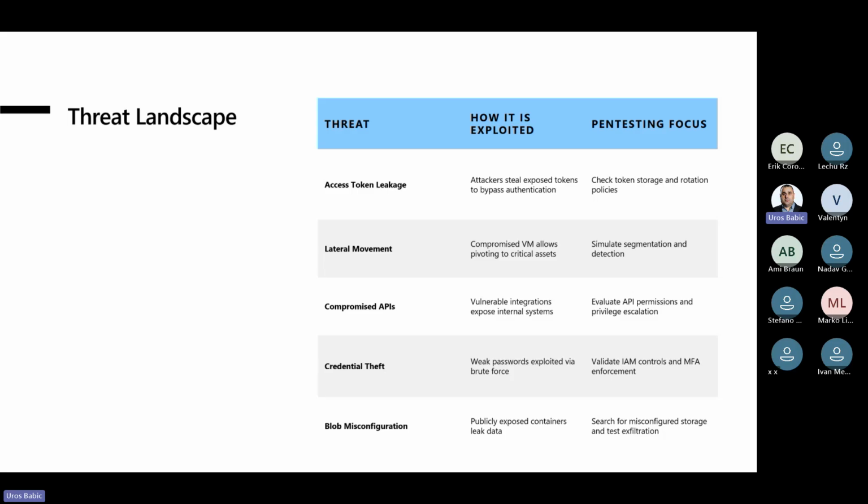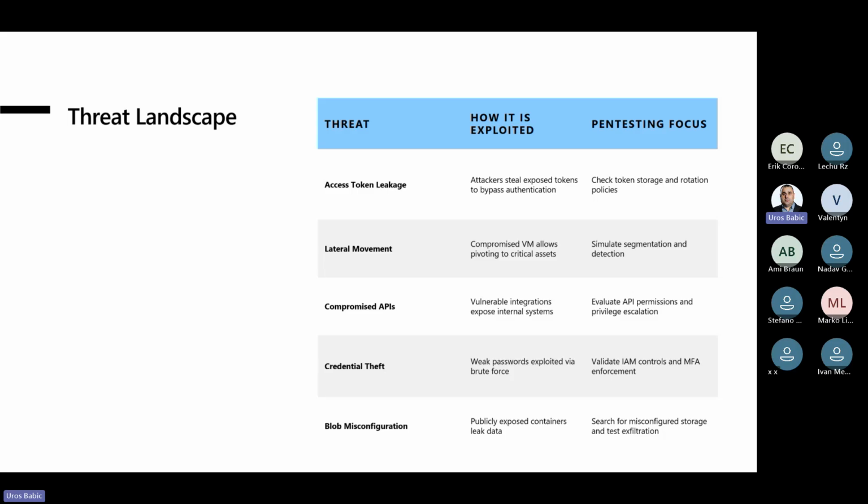For example, the attacker steals some OAuth or JWT token in order to impersonate users and access resources. The pen test use case will be how to simulate token interception and replay attacks, how to validate token expiration and refresh policy. I think it is very important, but also check token storage and rotation policy. It is very important from the point of view of access token leakage, because in the past we have faced a lot of these